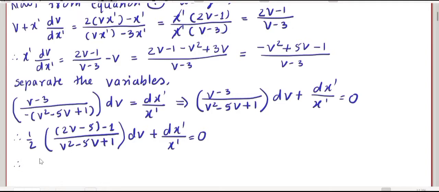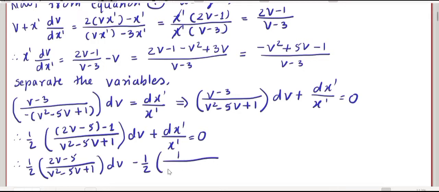We get therefore 1 upon 2 (2v minus 5) divided by (v square minus 5v plus 1) dv minus 1 upon 2, 1 upon (v square minus 5v plus 1) dv plus dx' by x'